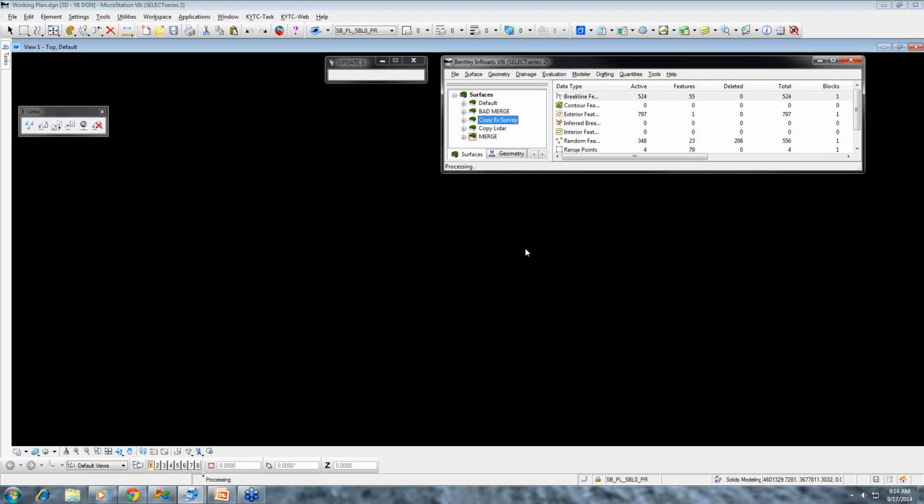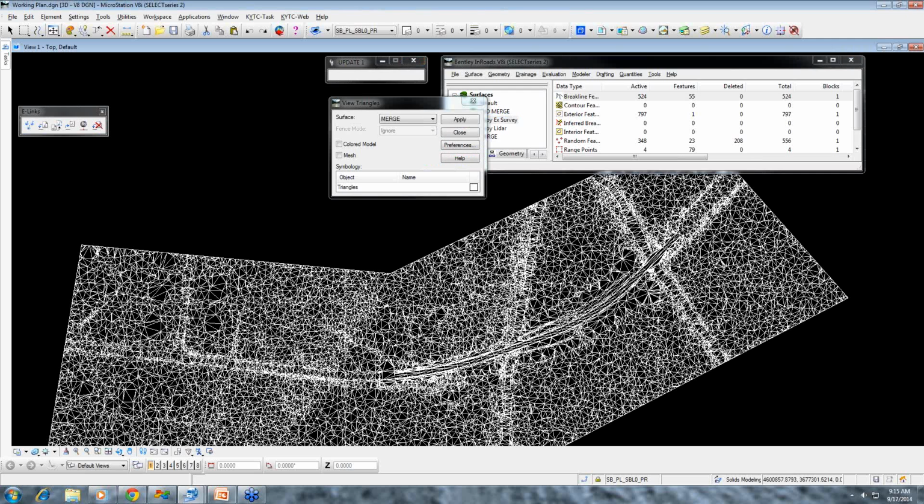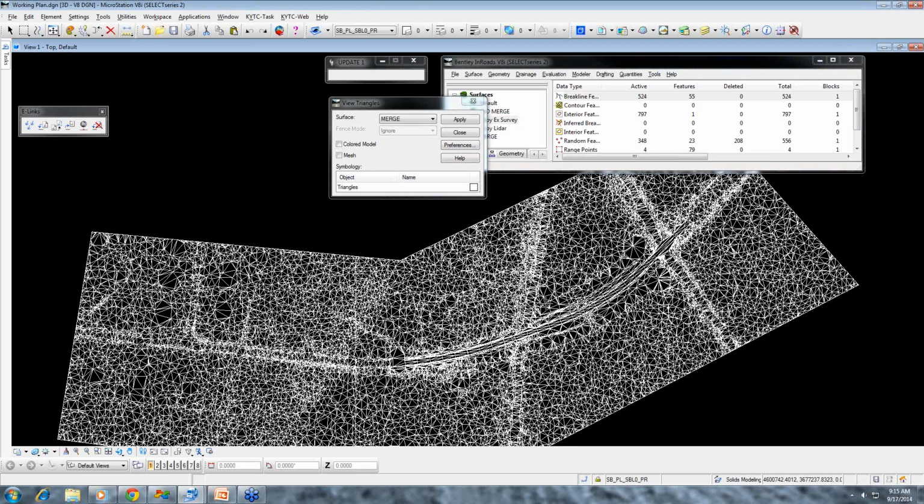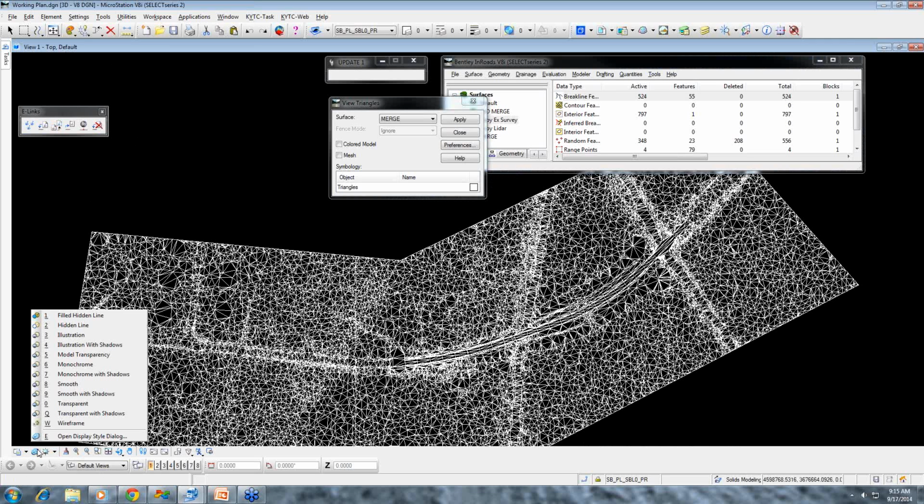And click Apply. One thing it's actually thinking here, one thing I would like to mention as this is happening, a lot of times our surfaces will be very large. Whenever you see this processing, you want to give it time, because it's going to be very, very difficult sometimes for these large files to process. For us to take a little easier look at this,